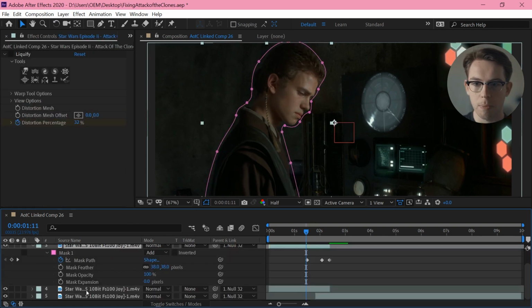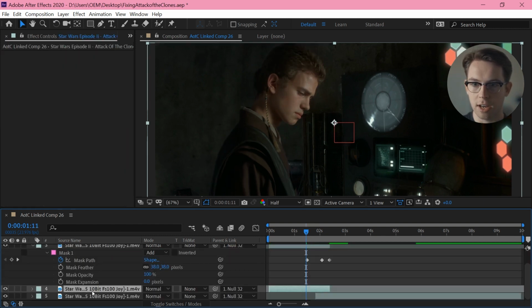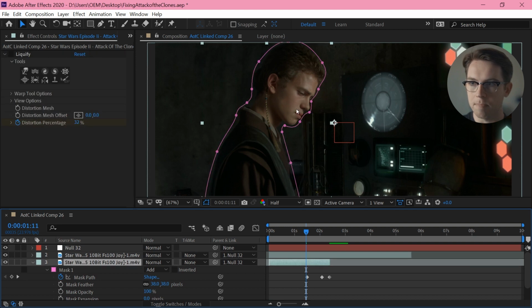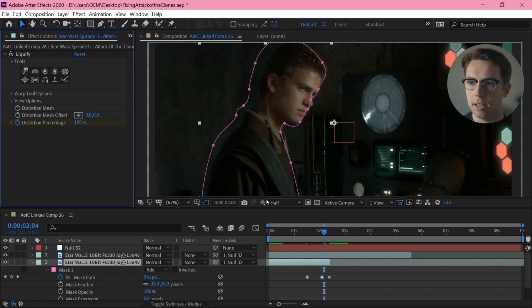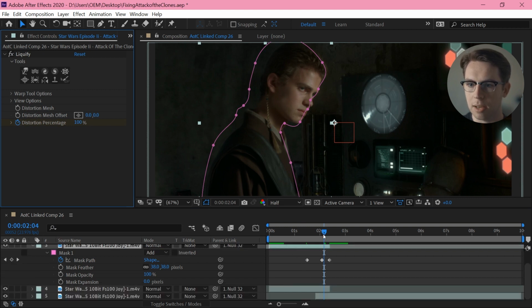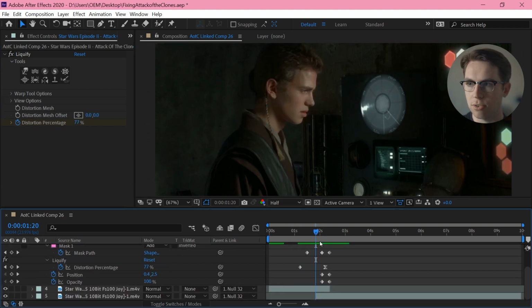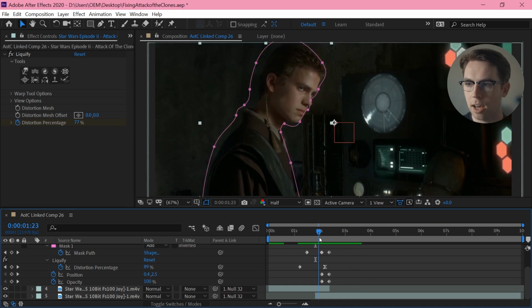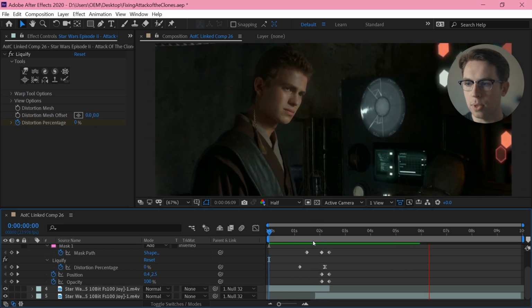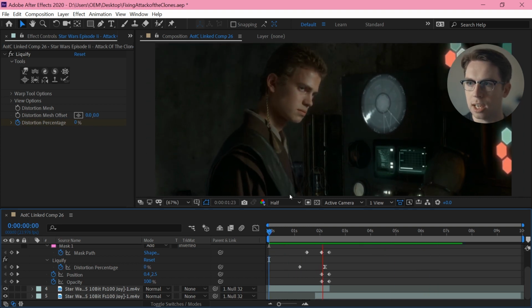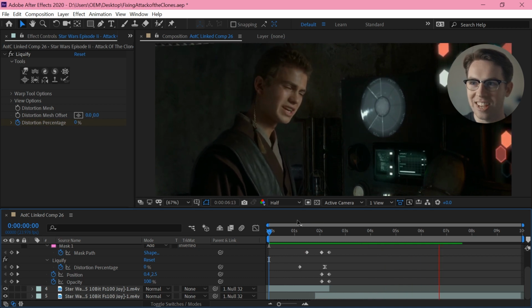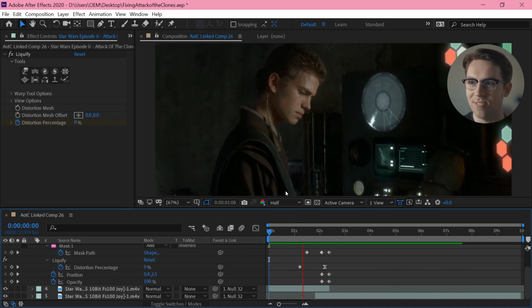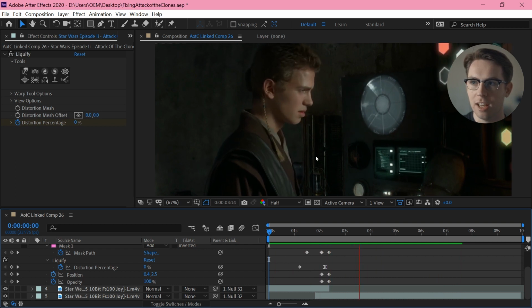So I'm taking a copy of this first half, this layer here, and I'm masking out Anakin. As always, I'm just liquefying to pull him back into place, so he lines up with where I want to cut to, and just fading between the two with a little bit of position movement to help sell that. With liquefying, you can always spend a lot longer getting everything correct. His ear moves a little there. You can go in and tidy that up, but basically it lets me do a morph cut that isn't too obvious.